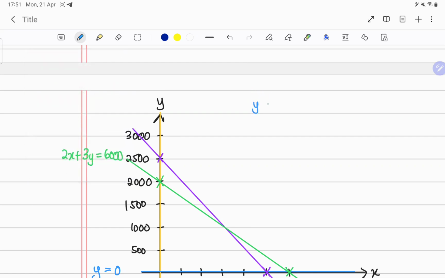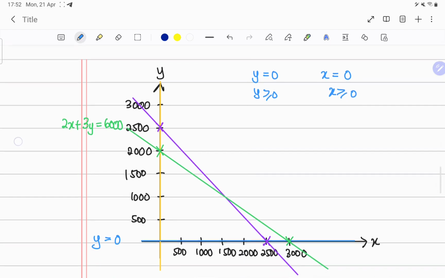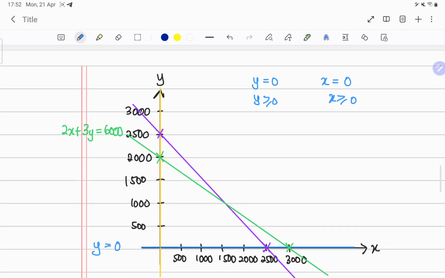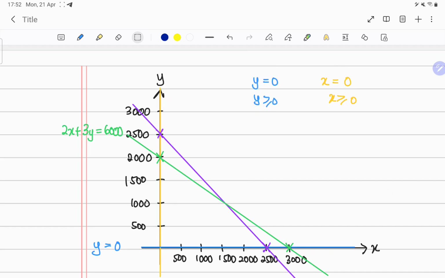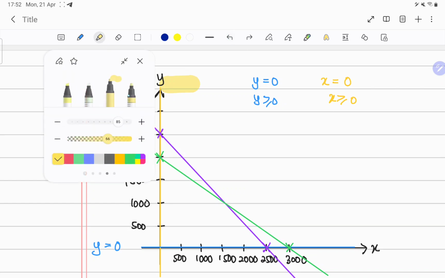So we have y equal to 0 and x equal to 0, right? But the original symbol that we have is y greater than 0 and x greater than 0, right? So which means, I will change color first. Okay, so apparently for us to know which area that we can shade for y equal to 0 and x equal to 0, if you see here, this is our x, right? The yellow one. So it's either right side,